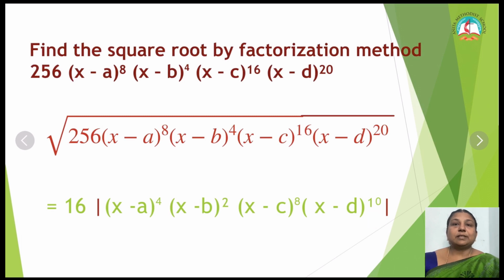Then for the variables you have to put modulus. Why? Because for a square root sign you always get a positive number. So sometimes a variable will be negative. So if you put it inside the modulus, it will come out as a positive number. So you have to put modulus for the variables. But the number, you have already seen, you will get only positive. So for variables you have to put inside the modulus to get the absolute value, children.